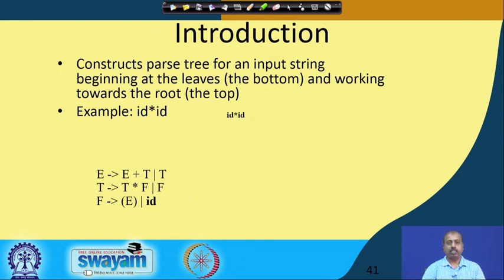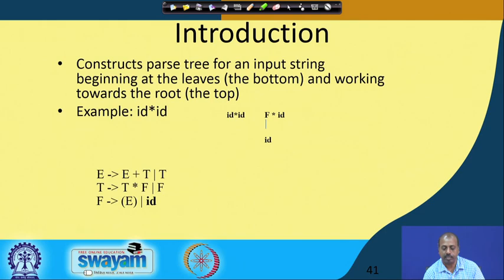As an example, suppose we have the expression grammar given by this: E producing E plus T or T, T producing T star F or F, and F producing within brackets E or ID. We try to see whether ID star ID is a valid string of this language or not. We will do it in a bottom up fashion. First ID will be replaced by F. Okay.